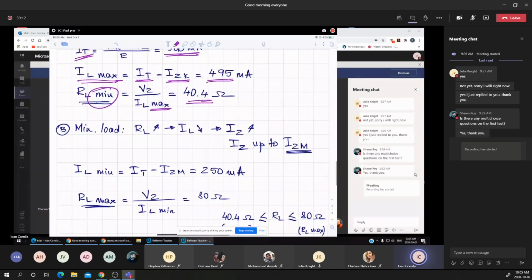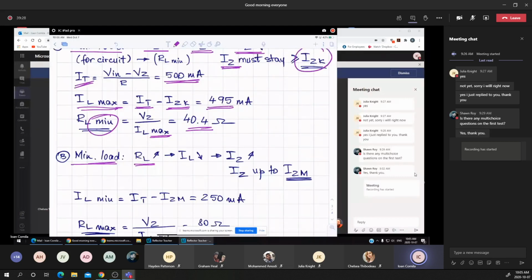I say that the minimum load for the circuit means how much I can increase the load resistance, or what is the maximum value for the load resistance. Now, let's see how that goes. The RL is increasing, which means the current IL is decreasing. If the current IL is decreasing, the IZ is increasing. The maximum IZ current is up to the IZ max, which means another limitation in terms of the load resistance